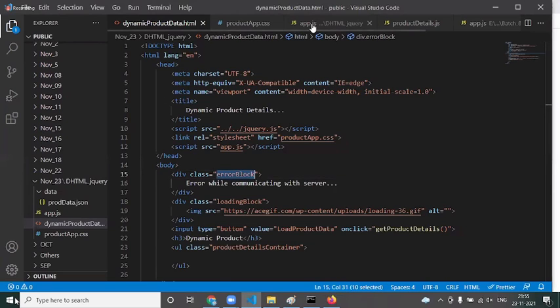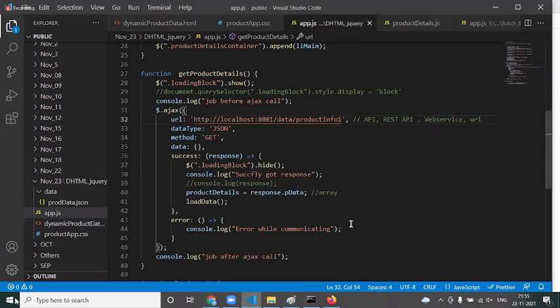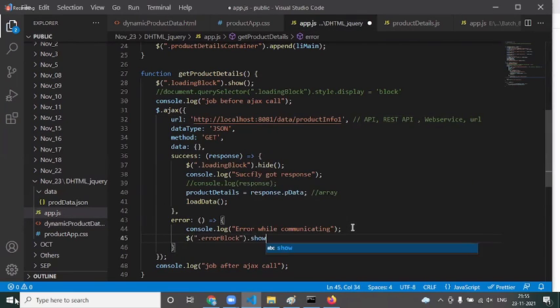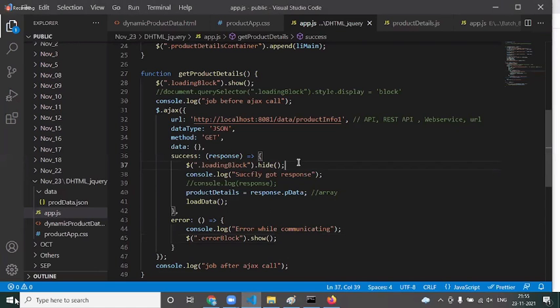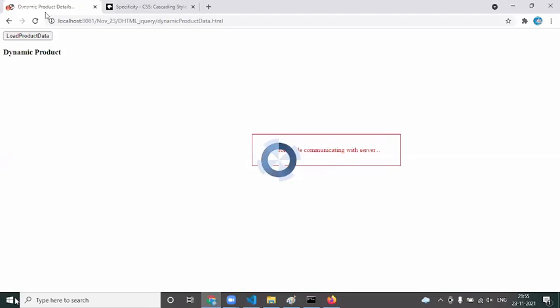Now, when I have to show the error block, once it is into the error, I say $('.error_block').show(). Save this, come back, reload the page. I say load product data. Now you're getting the error. But when there is an error, you need to hide the loading also, right? I'll hide the loading.